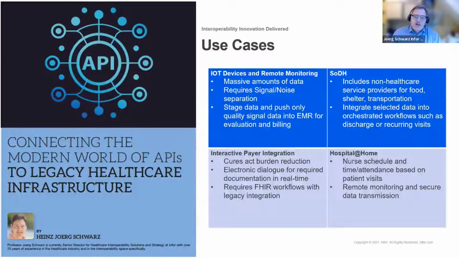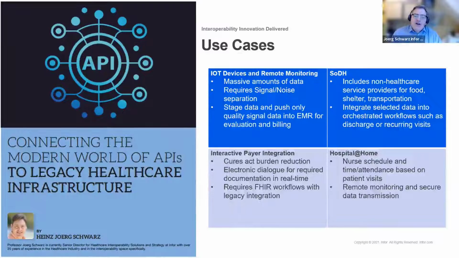info blocking rules, which means that providers and payers have to exchange data. It initially didn't say how, but now we're getting more and more specification in how the data needs to be exchanged. Recently, we saw a specification. Originally, it was only specified that what has to be exchanged is USCDI, the US core data set. This has now been expanded into all healthcare information that is collected and stored to make clinical decisions. So that just happened last month, this expansion.